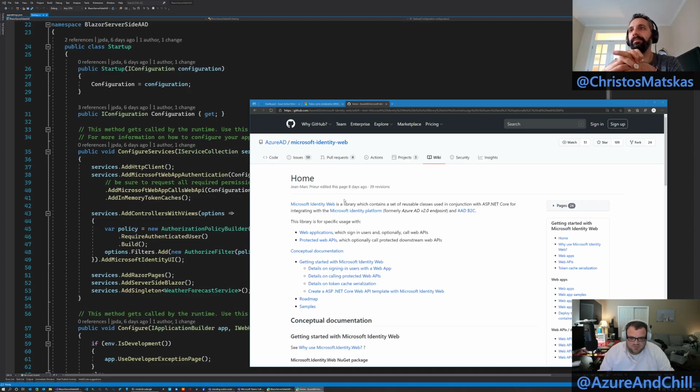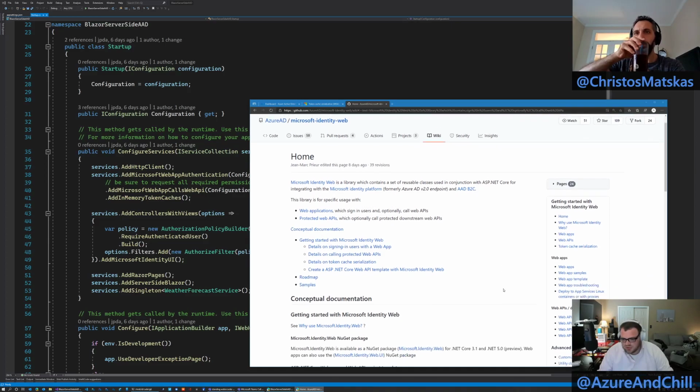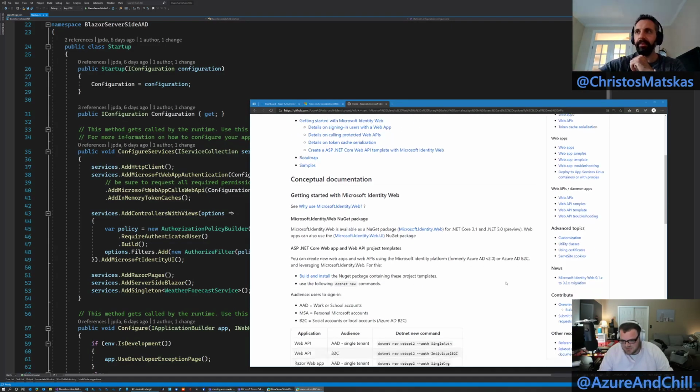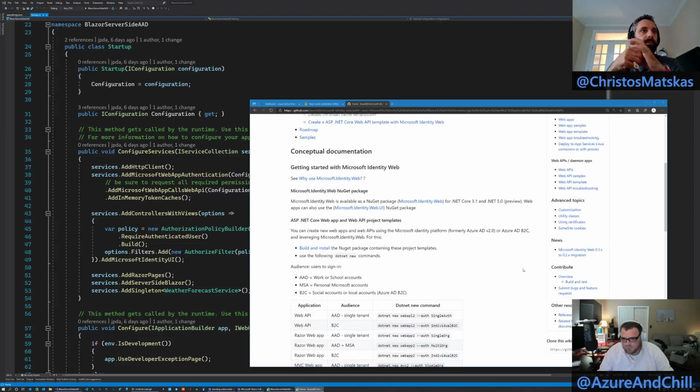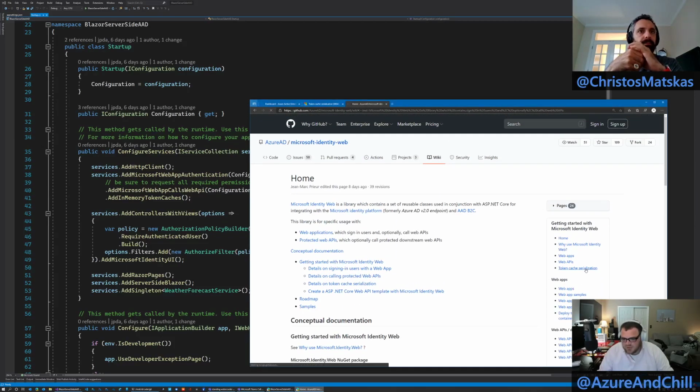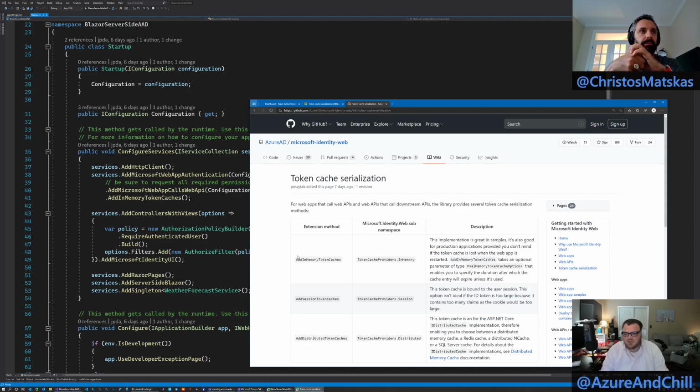So the wiki actually has some great extra details about the Identity.Web library. It makes it a little bit easier to get started. And in fact, we used this last week when we were setting up our new app. So there's a big section about token cache serialization. One of the things we talked about last week was how you use the token cache in Identity.Web and in MSAL, really not Identity.Web, but MSAL. And the MSAL token cache, you can completely build one from scratch if you want, but